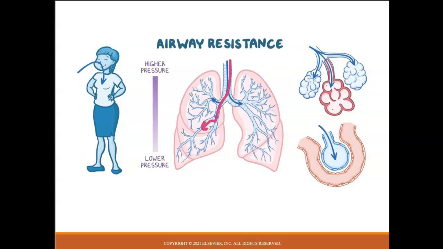Okay, so when this pressure gradient is created, air is going to flow into the lungs, right? Or out of the lungs, depending on which area is high, which area is low. We're talking about exhalation versus inspiration. So air is going to flow into the lungs here. Things that are going to affect how much volume actually makes it into the lungs are things like airway resistance. Airway resistance is what's going to affect that flow of gas. So things like the diameter of these tubes, any type of obstruction, any type of viscosity of the gas that's flowing in there. So simply put, airway resistance,